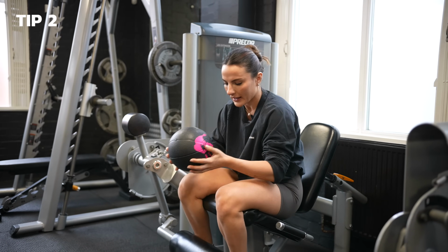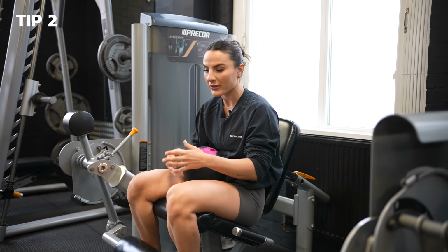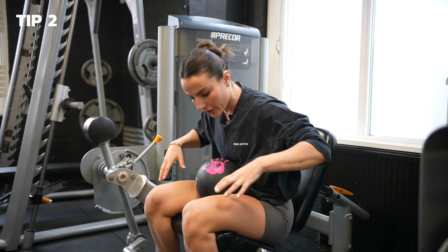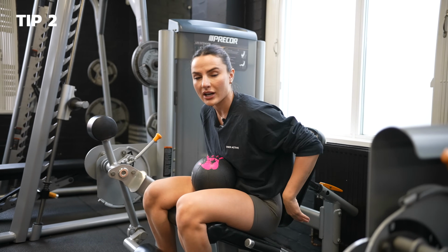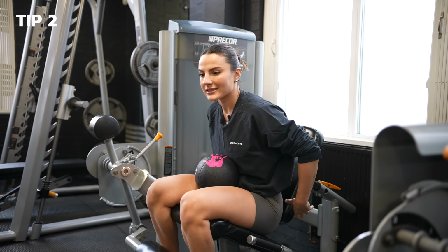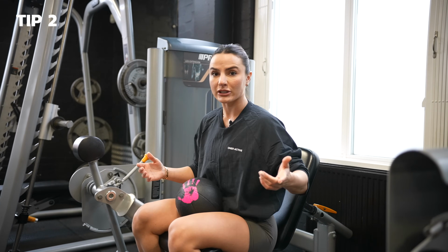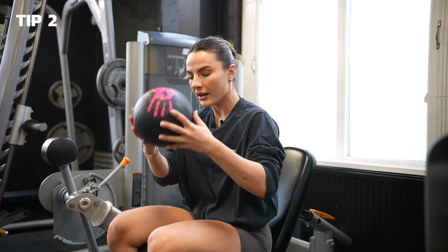Now the reason being, if you're sitting completely back when you do leg extensions, that's fine. Remember, there's nothing wrong with how you're doing it. I'm just here to make it that little bit harder, that little bit better. If you're sitting forward, you're going to contract your quads much more. Seats can be adjusted, but if you're in a gym where your seat can't be adjusted completely upright, especially if you're short, I'm 5'3", so I find machines quite awkward at times,